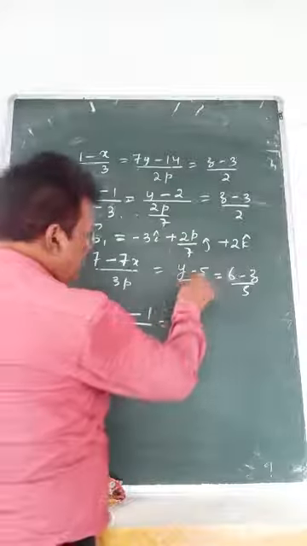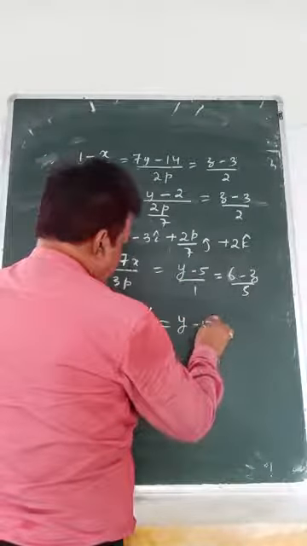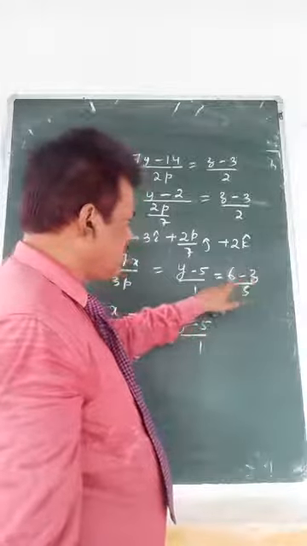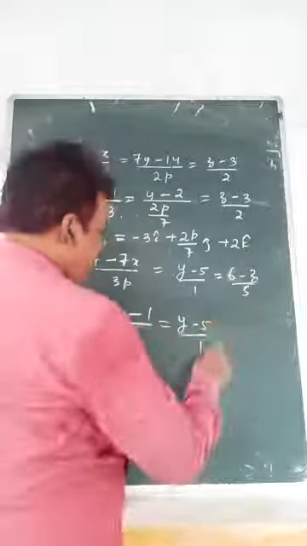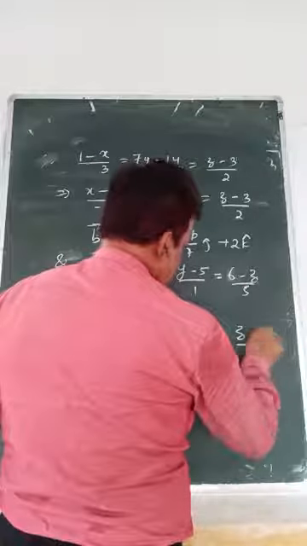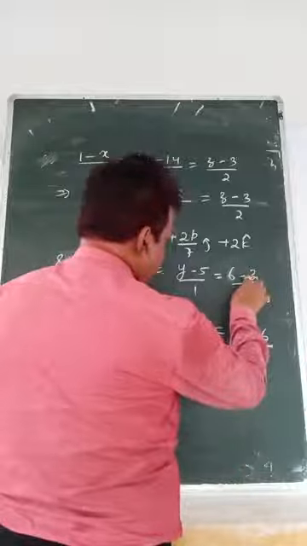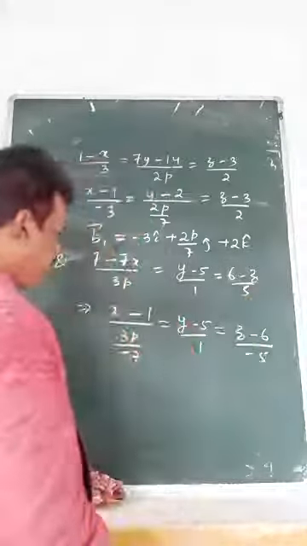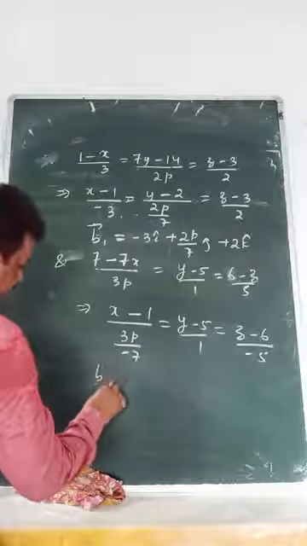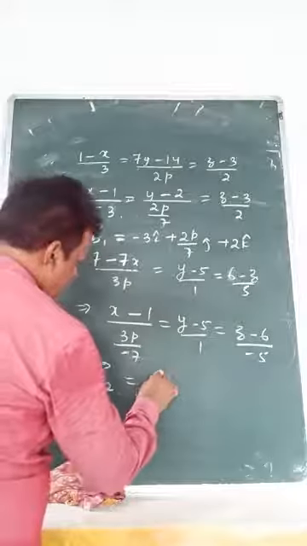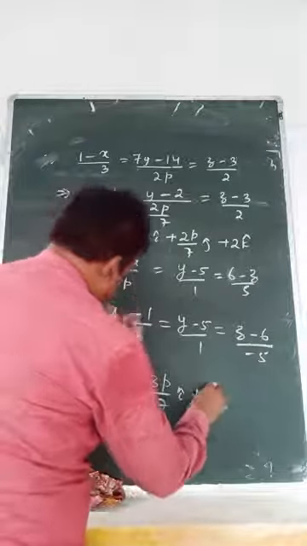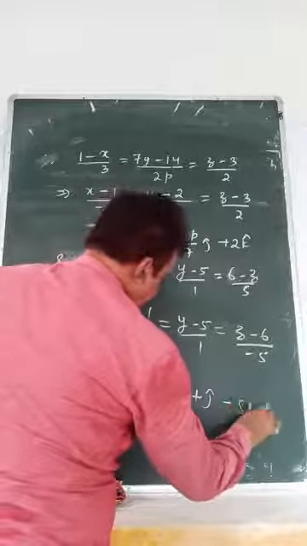This is already in the standard form: (y − 5)/1. This is not in standard form; it should be z − z1. So make it positive. That will be z plus, this will be minus by −5, because you are dividing the numerator and denominator by a negative. So this will be your parallel vector. So the b2 vector is −(3p/7)i + j − 5k.